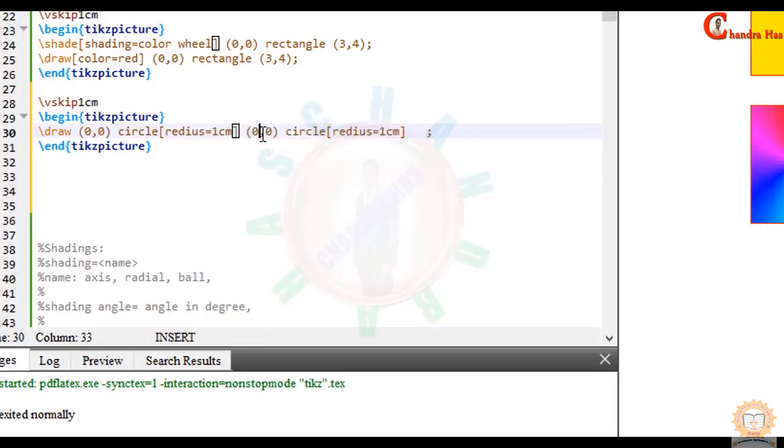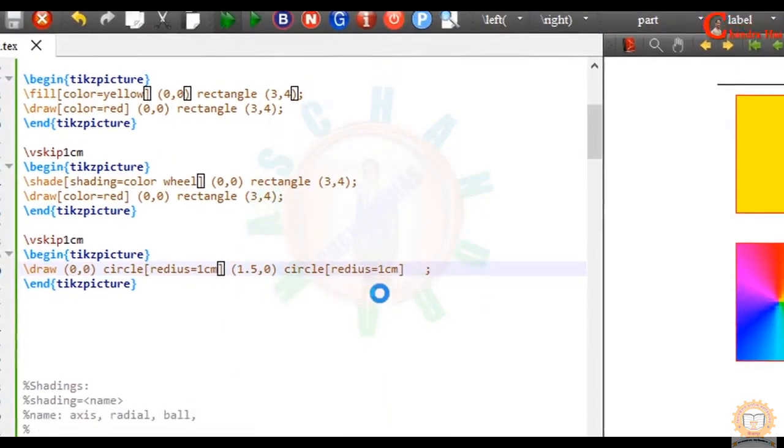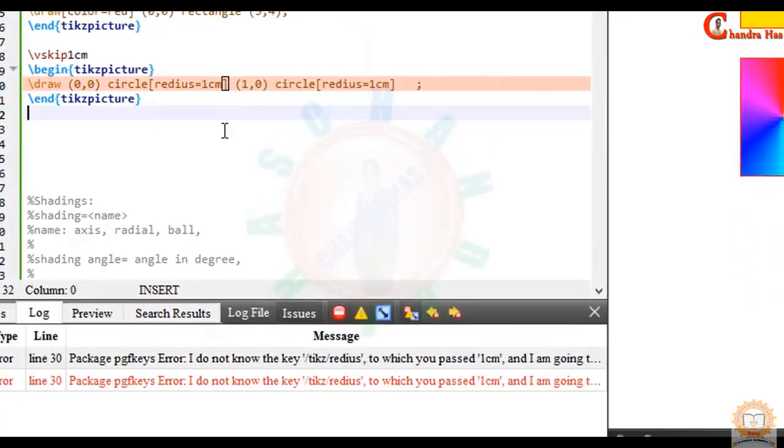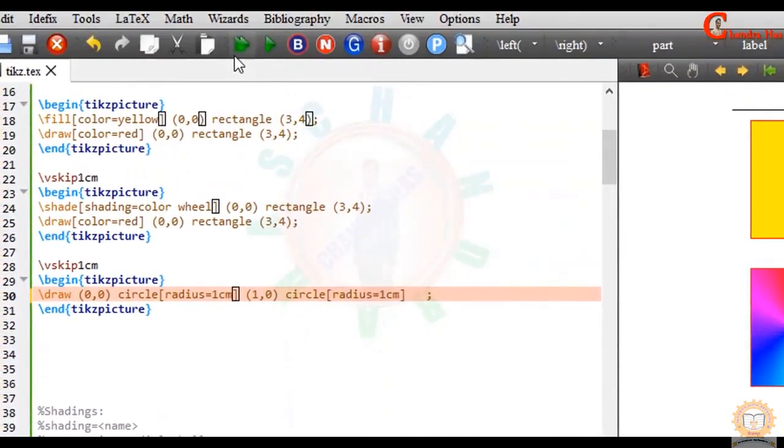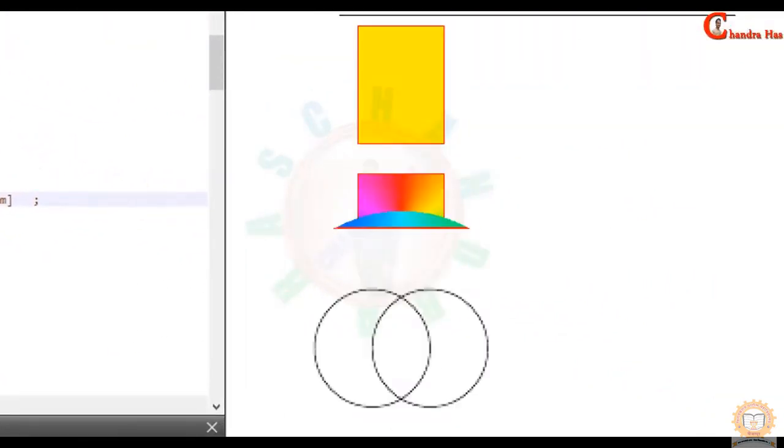Center of the circle you will have to change. So at this time I want to use 1.5 and 0. Compile this file. It's not running. Actually here there is a spelling mistake. It should be A. Again compile your file. As you can see that it's coming.